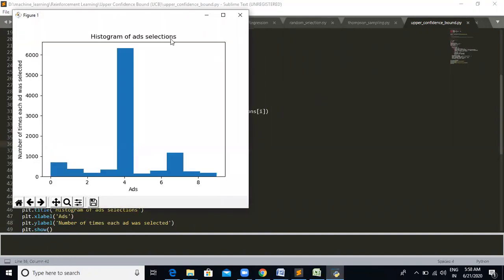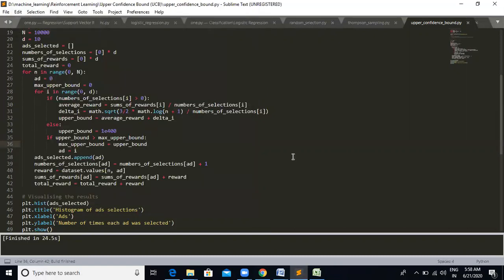These are the histograms of ad selections. Here are the ads, and these are the number of times each ad was selected. So here this ad's selection count is higher than the others. This is the histogram of ad selections, and you might be understanding these